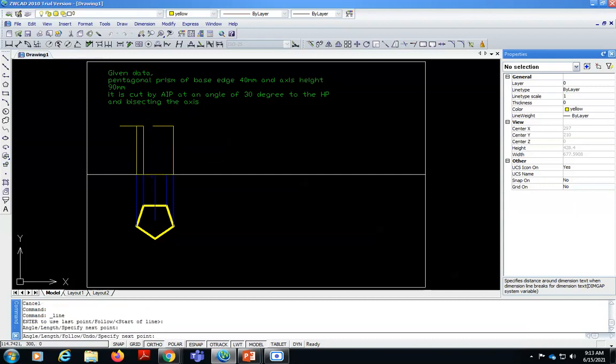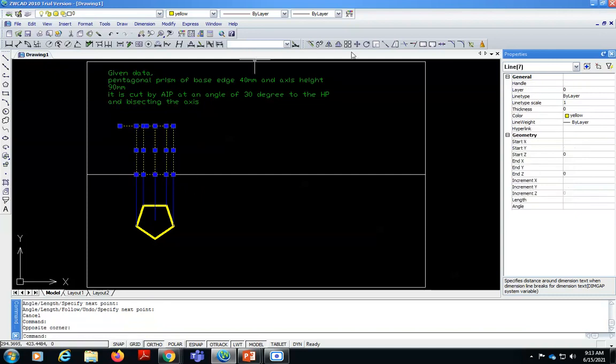I'll first of all project all these edges, and edges which are not visible, we need to change to dotted lines, hidden lines. So this extra line we need to trim.